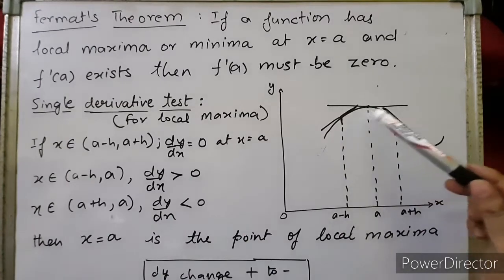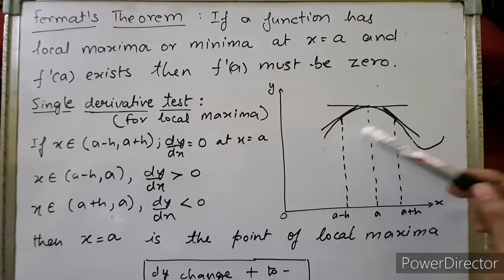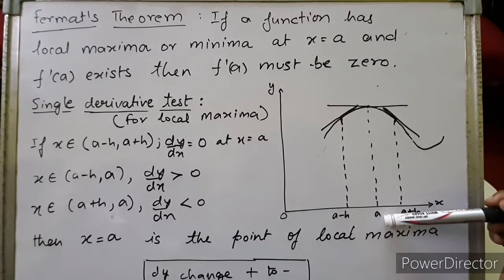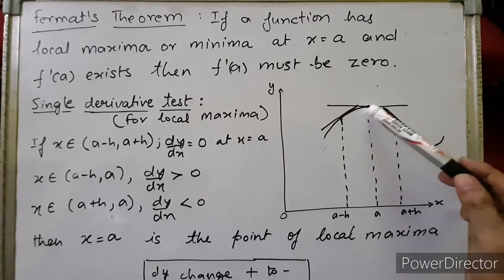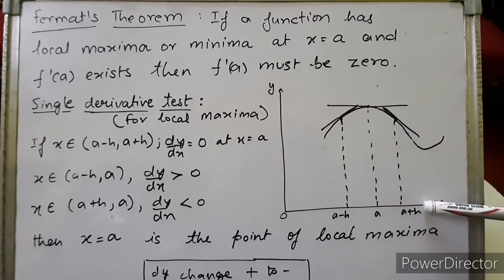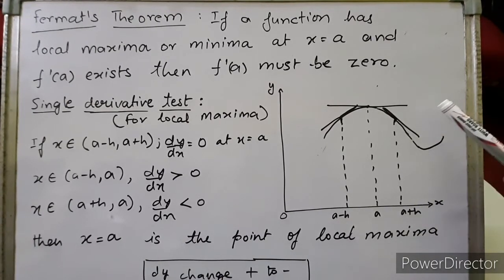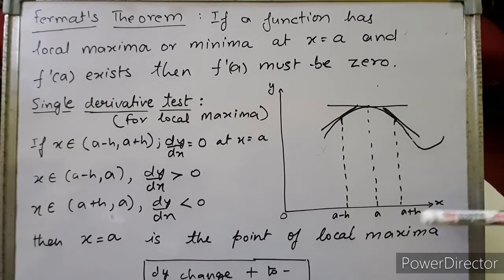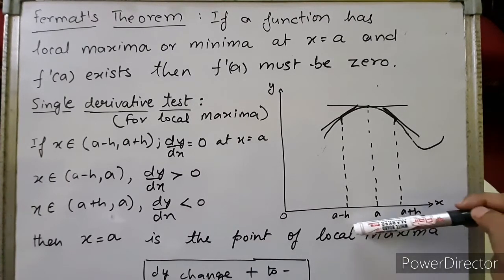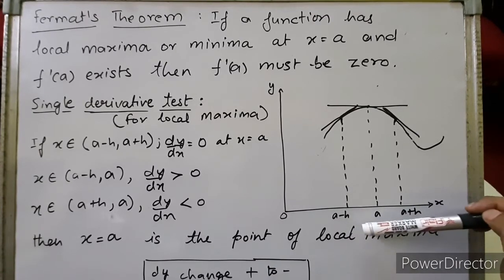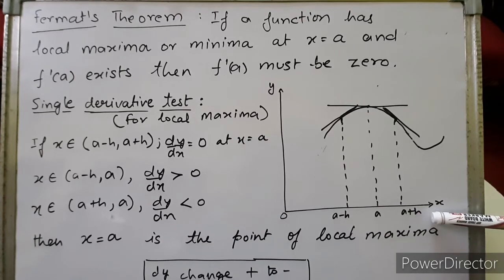Let's see this curve, children. This curve is y equals f(x), and x equals a is a point at which, if we draw a tangent, the tangent becomes parallel to the principal x-axis. So the slope of the tangent will be 0. That means the derivative of the curve at the point x equals a must be 0. Right. Now if you see the neighboring points a minus h and a plus h, the h value is very small, tending towards 0.